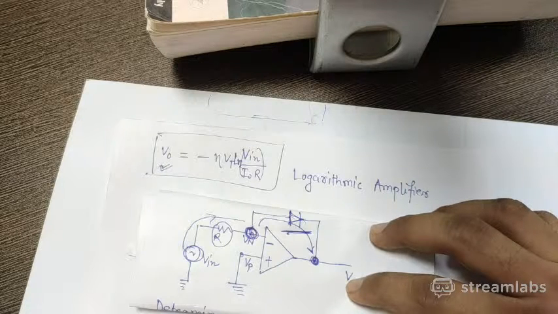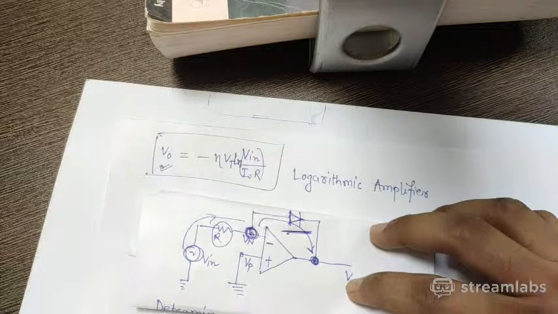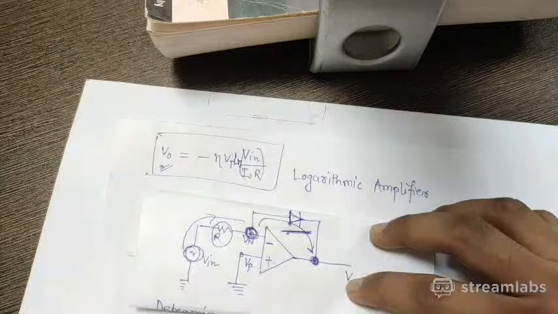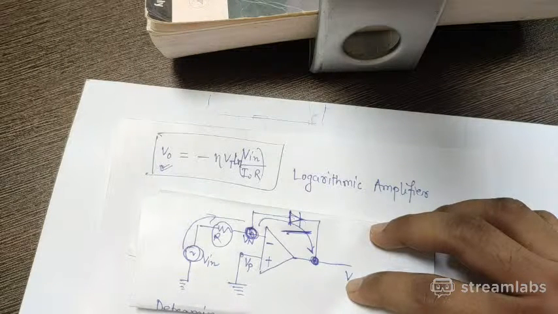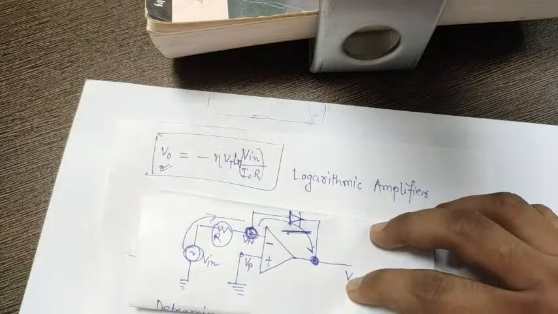Okay, that you do. In the meantime I will draw the circuit, and I hope you will get the answer also, what will be the answer if I change the diode from feedback